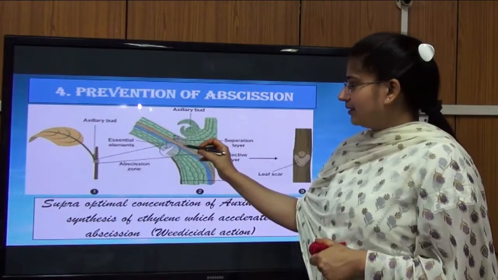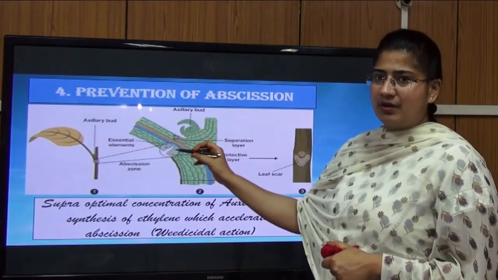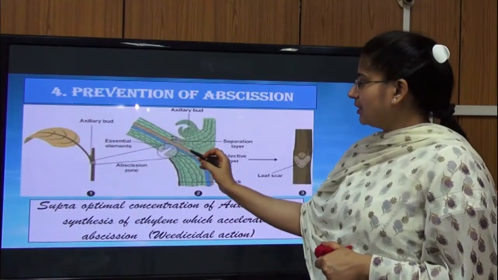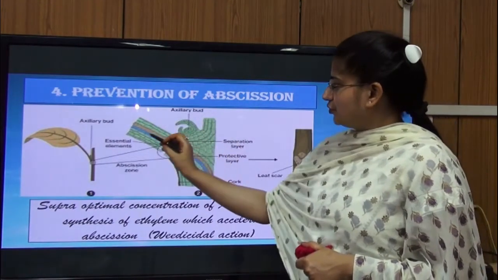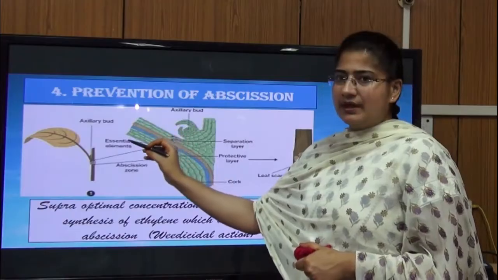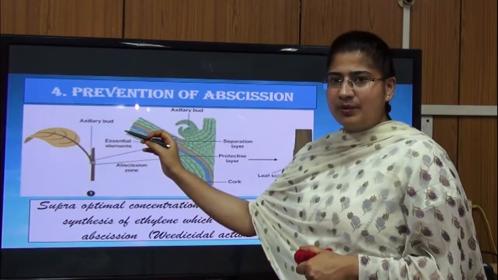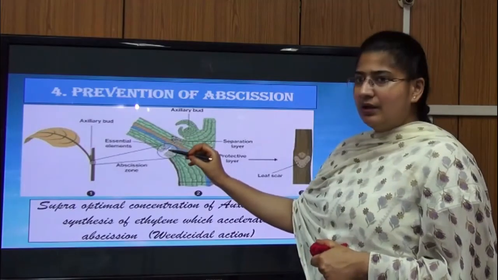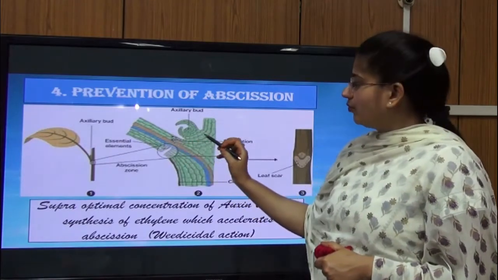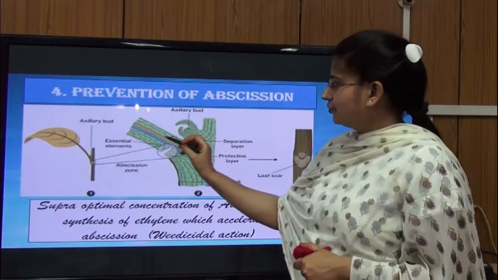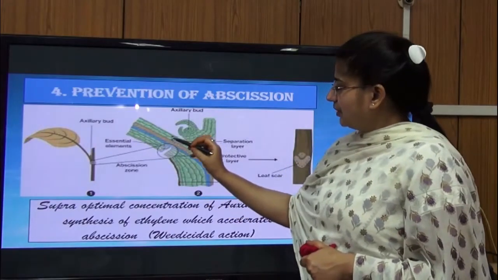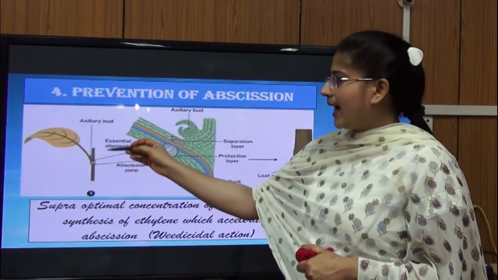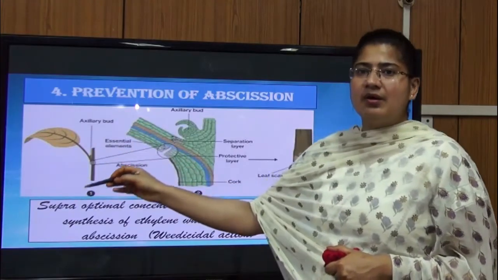When the plant is in good health, it is young, the organs are young, then nutrient and water will move through this zone, which will help to sustain the growth of the organs. But during the process of senescence, the abscission zone will block the movement of water and nutrient from the main branch to the organ, because of which this organ will get deprived of water and nutrient, and it will fall off from the twig or the main branch.